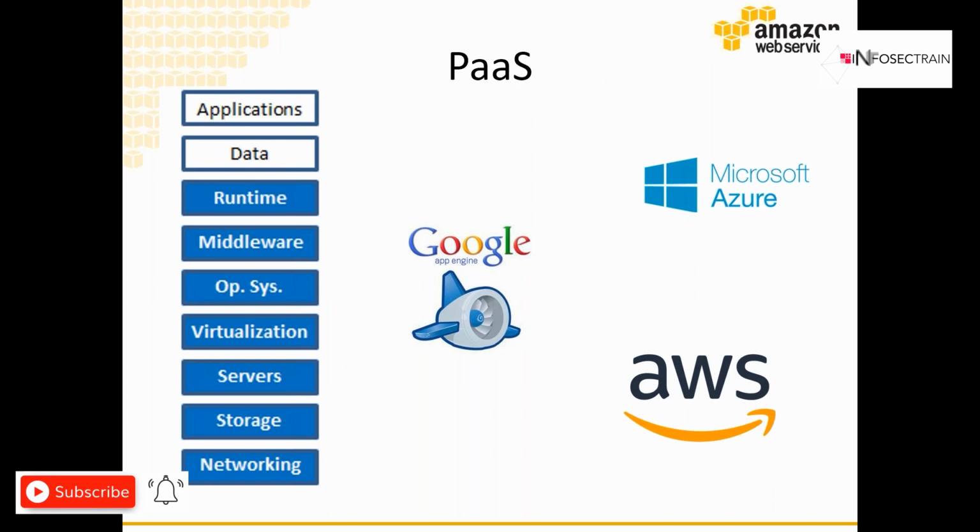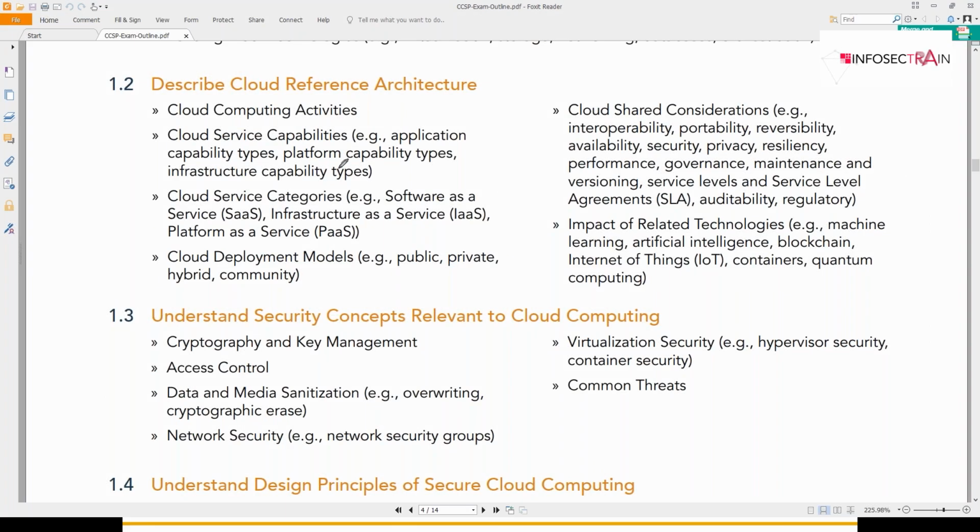Okay, that's it. So as a cloud customer, you have to have an understanding of these things in very much detail. If you go for the CCSP exam, that's a very important thing. So you have to understand the cloud service capabilities. Then you have to understand the cloud deployment models. This is something which is very important for you. I'll tell you why it is important. The reason is because